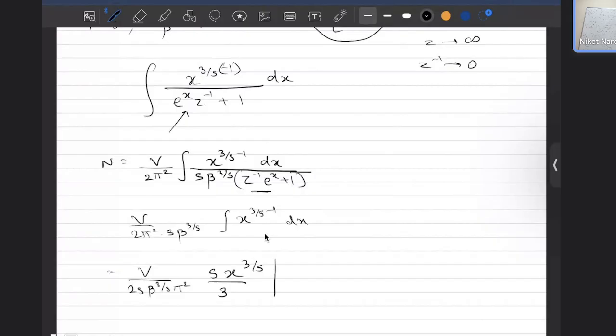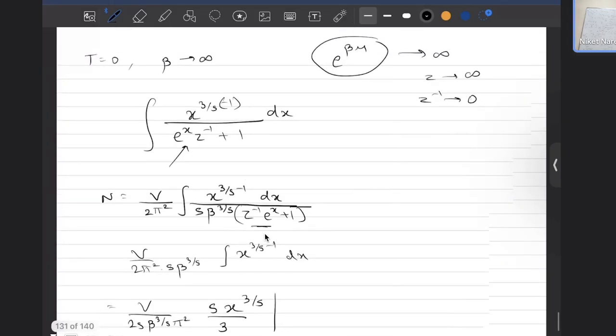This integral from what value to what value? 0 to, is it 0 to infinity? Then in that case,